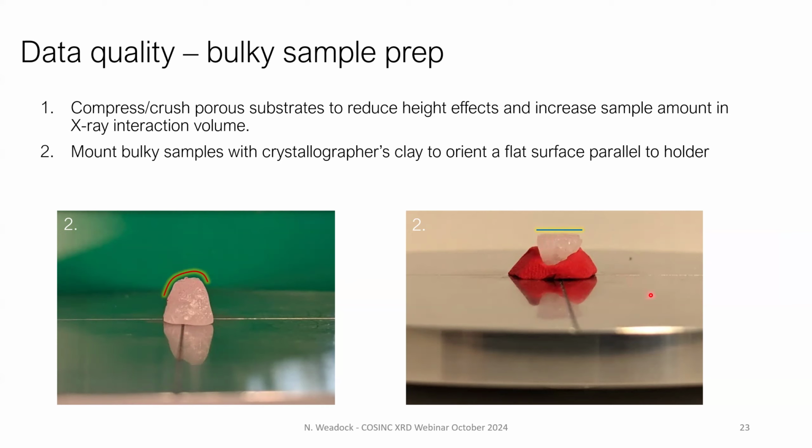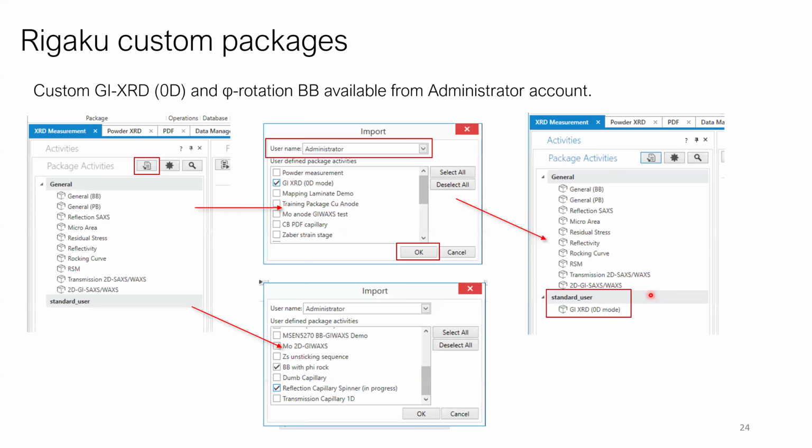And if you have, say, porous material decorated with nanoparticles, if you can, it might be good to try and compress it or crush it to eliminate any variable height effects and effectively increase the amount of sample in the volume. The grazing incidence package and phi rotation stage that I mentioned are not standard packages in the